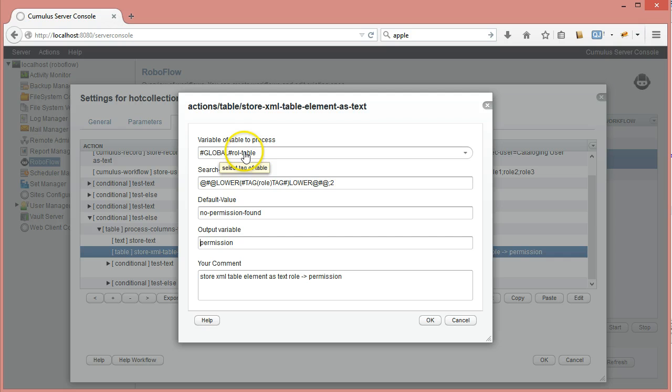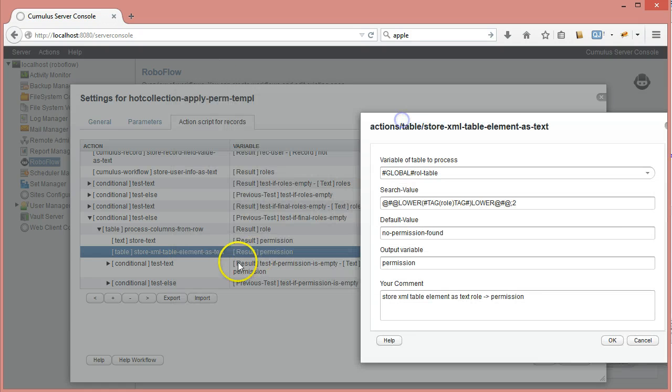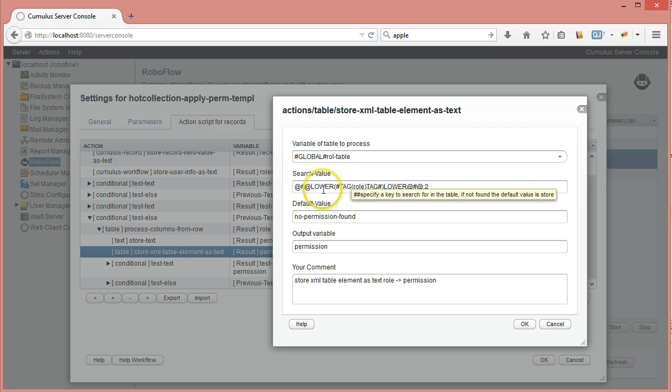I use the global role table, and I did a little bit of inline scripting here in a way that I'm doing a lowercase of the role. This processes the roles one by one. I get the variable role in here, and what I do is a lowercase, and I'm getting the element, and I'm getting column number 2 from that row. The first column will contain the search variable,